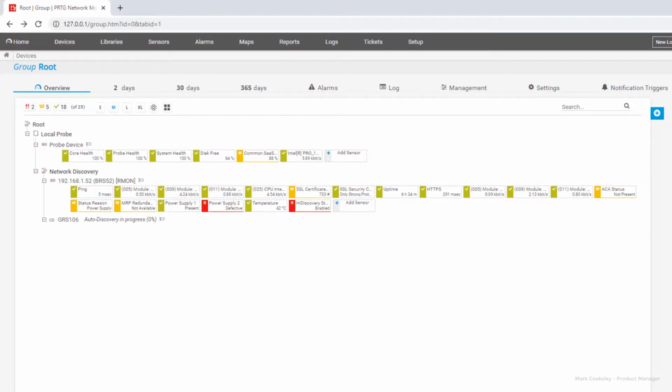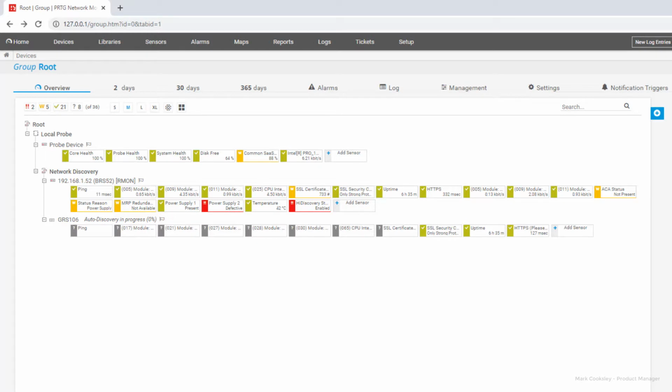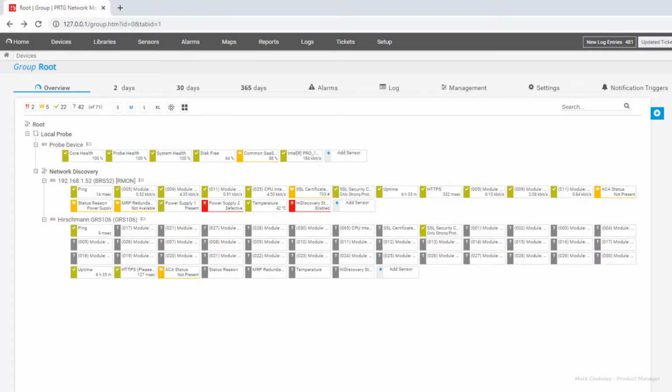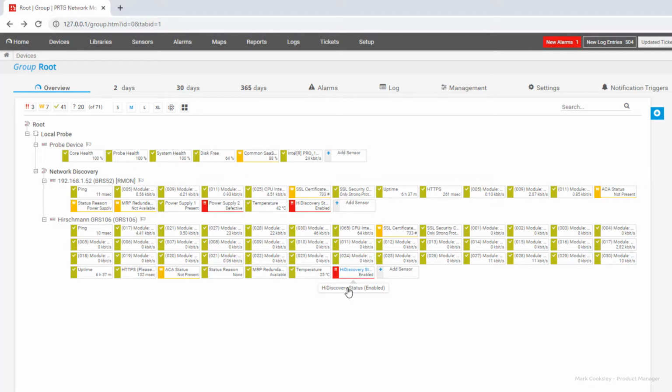Now I need to wait for the auto discovery process. Sensors from the HiOS template have been added automatically. If a device does not support a specific MIB variable, the relevant sensor will not be displayed.